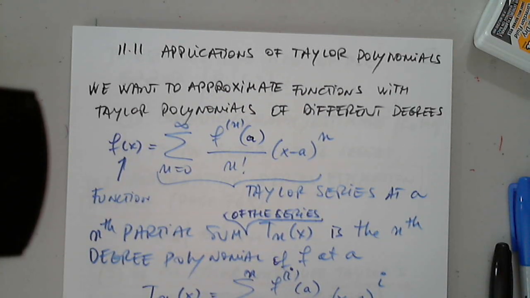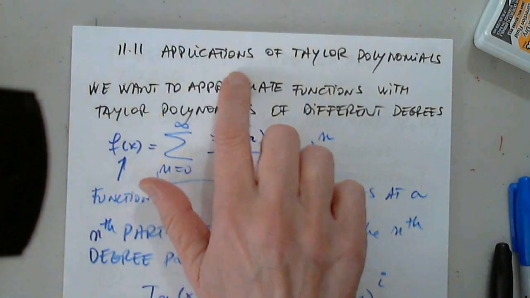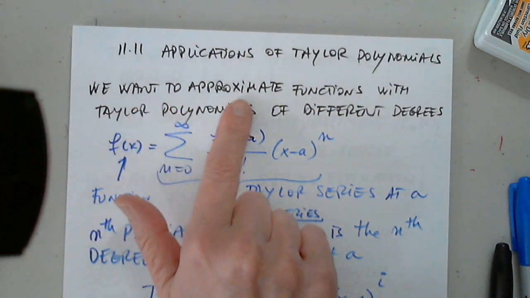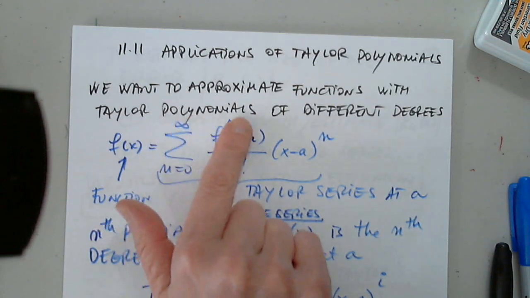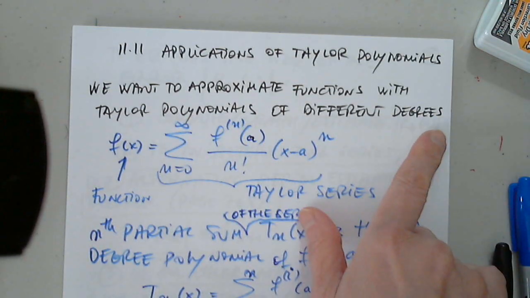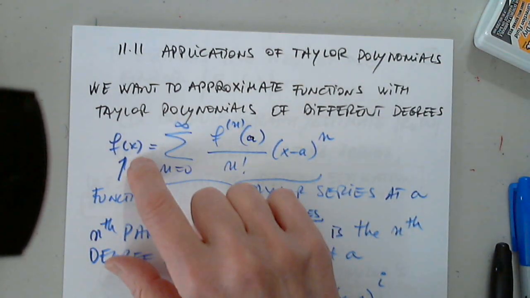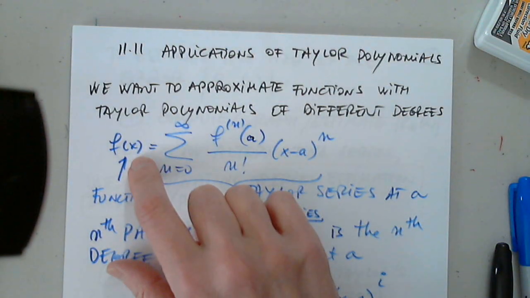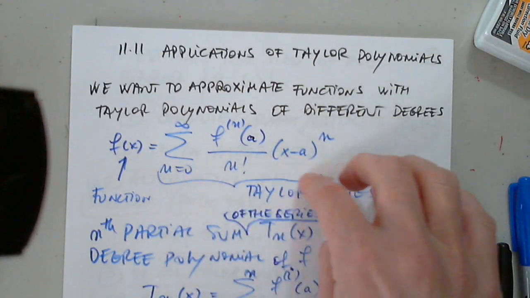Hello again to the last section of chapter 11 and the last section of this course. Applications of Taylor polynomials. We want to approximate functions with Taylor polynomials of different degrees. If the function f of x has a power series, has a Taylor series representation, it looks like